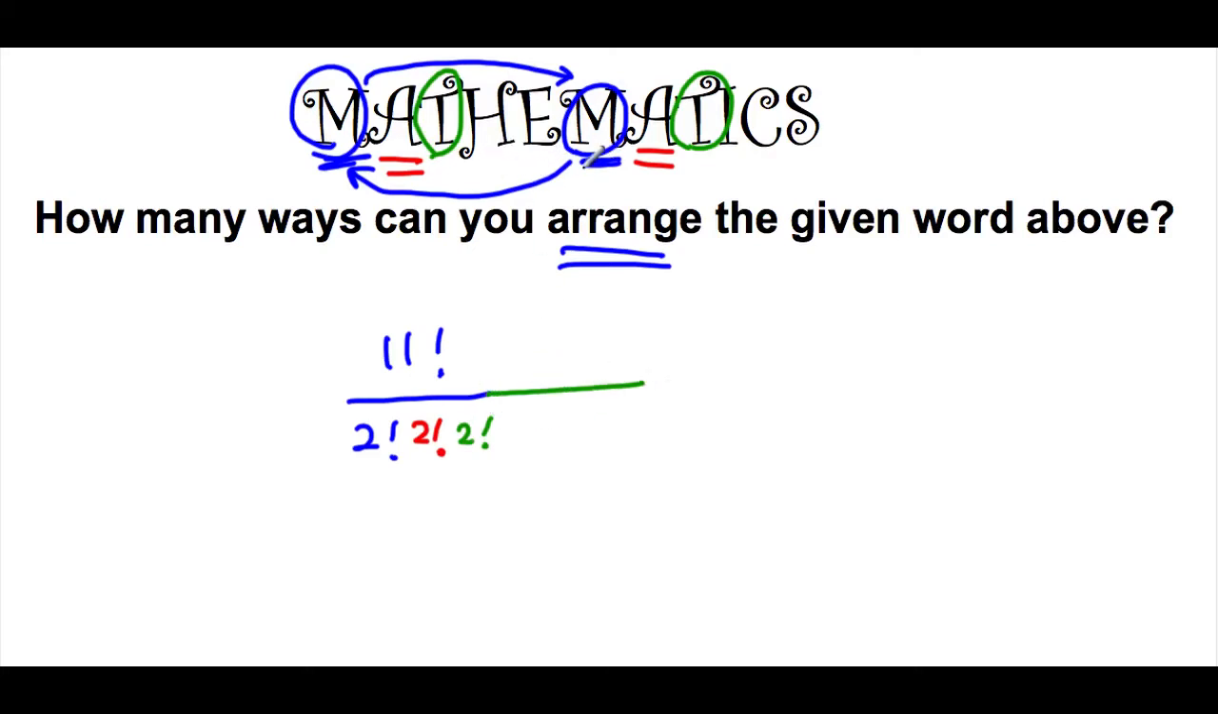H? No. E? No. Alright, that's it. So then our answer is 11 factorial divided by 2 factorial by 2 factorial by 2 factorial, because each one of them represents overcounts by having the same thing repeating over and over again. So therefore, our answer will be, I'm going to use the calculator here,